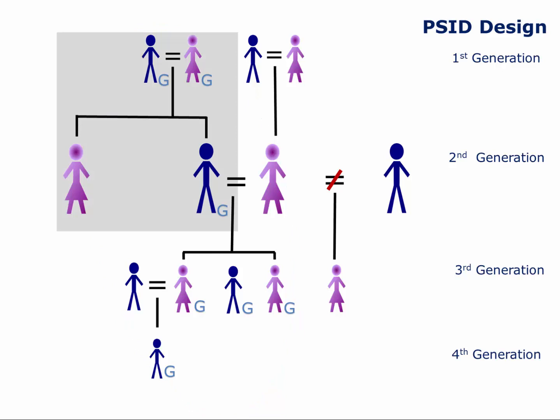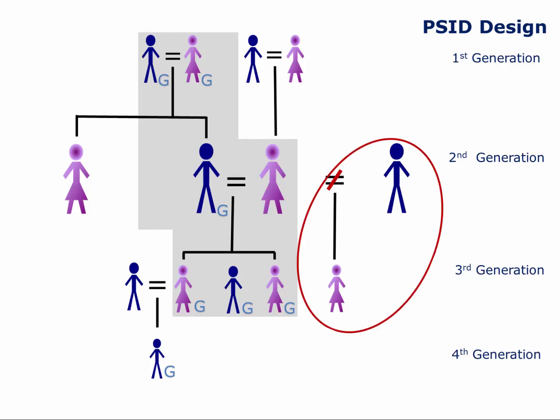Shown in gray is an original PSID family consisting of 2 parents, 1 adult daughter, and a minor son. The adult daughter was not in the household at the time the sample was drawn, and is therefore not considered part of the sample. This is noted on the diagram by the fact that the daughter does not have a G attached to her. When the son marries, his wife and their 3 children become part of the PSID sample, with the 3 children acquiring the PSID gene. His wife's ex-husband and daughter are not interviewed, although the PSID learns about her daughter's existence in the new head-wife section of her first interview.